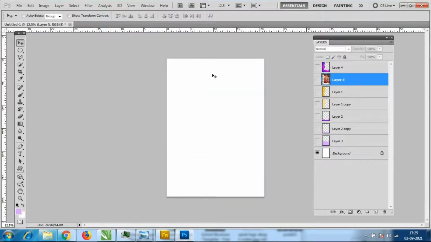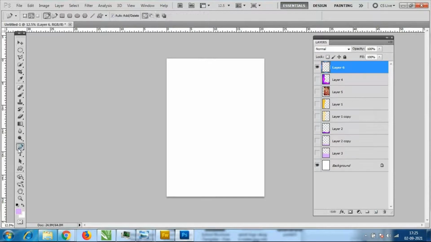Now I'll go to one more shape. I will take a new layer again. Okay, from wherever you want you can add the shapes here. See, I'm selecting only this area, I want the color only here. So now what happened, see, now I have to add the points here.